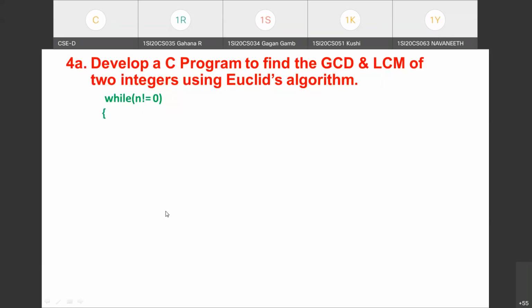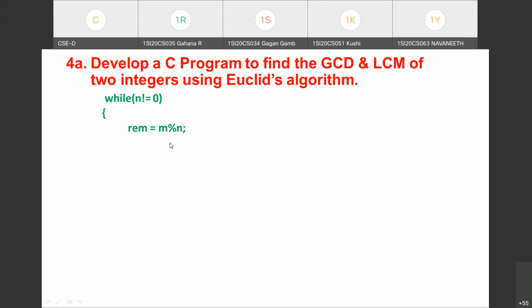And what is the first operation we are going to do within this while loop? The division operation, and we want the remainder. So we need to extract the remainder after division. You know which operator to use for extracting the remainder: the modulus operator. The statement we are going to write is remainder equals m modulus n. It performs the division m by n, and whatever remainder we get will be stored in the variable remainder. Correct? This is the assignment operator we have used. How is m mod n computed? It divides m by n, and the remainder you get will be stored in the variable remainder.